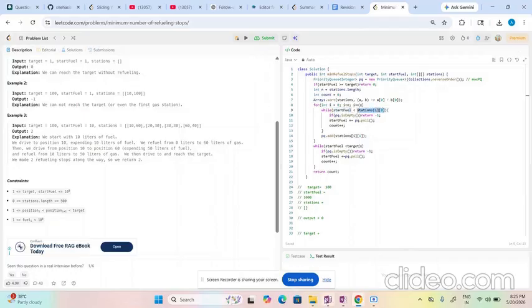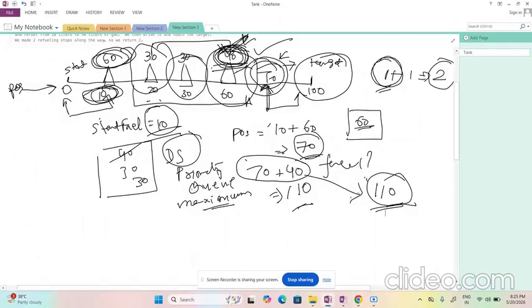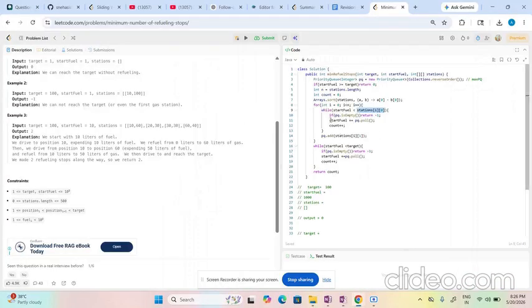For example, here we have reached this position, but when we come to this index, the start fuel is only 10, and to reach position 20 we need fuel. This is what we are doing here.